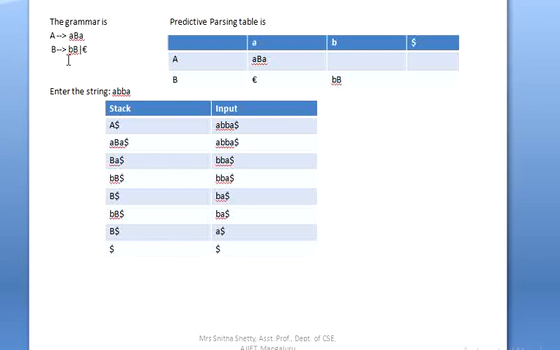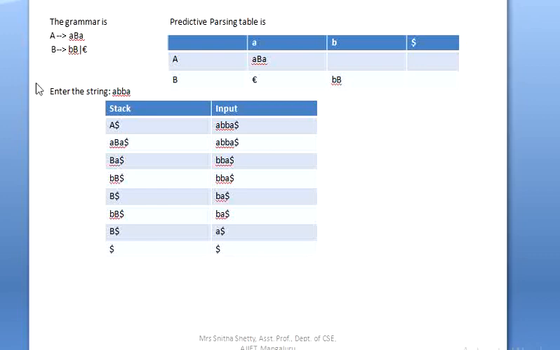Since in the production the starting symbol is a terminal, so on the terminal B I am writing B gives B. Okay. So one more is B gives epsilon. Okay. So we try this production B gives epsilon. Since B gives epsilon, whenever a variable gives epsilon, we need to write it in the follow of the left hand side variable, right? So we need to write that B gives epsilon in the follow of left hand side variable.